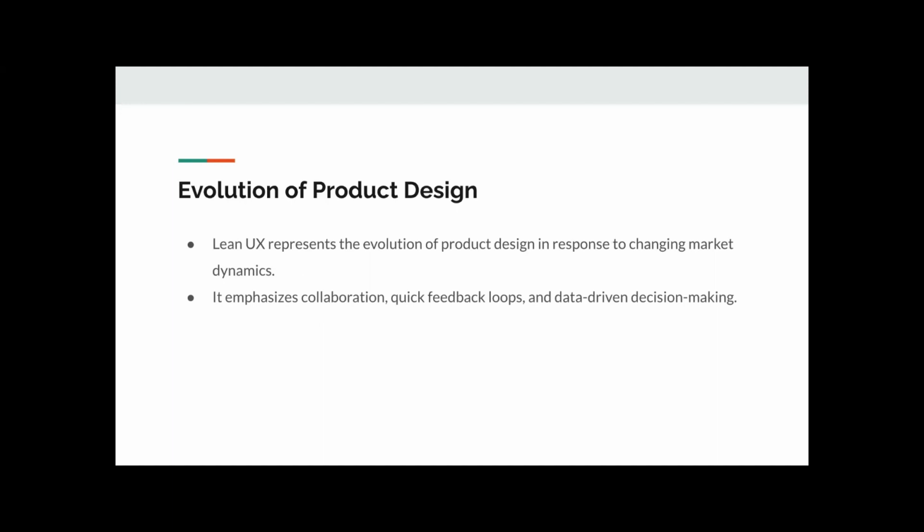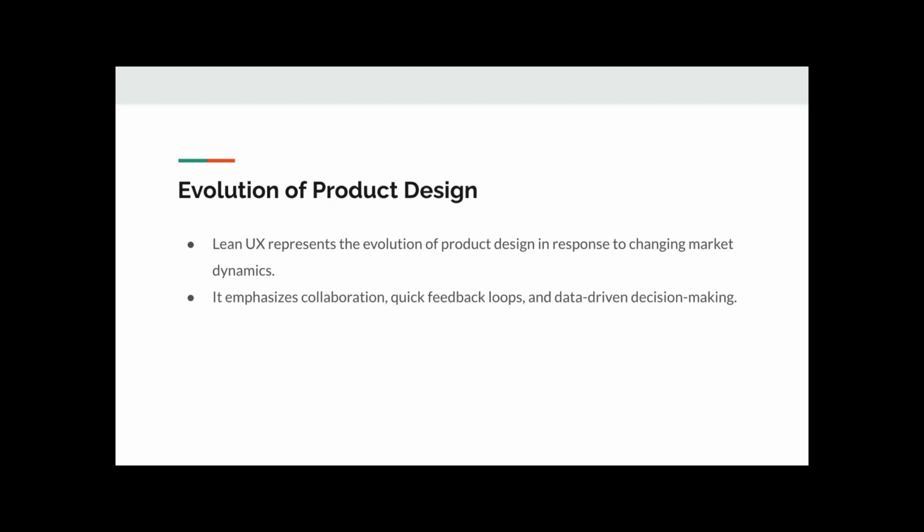how does the evolution happen for a product design? Like I mentioned, in the 1980s and 1990s, there were processes where you first design things, and then you hand it over to a different team, and then they develop it, and the development cycle takes like 3 to 6 months, and then you hand it over to the customers, right? That has a lot of problems, right?